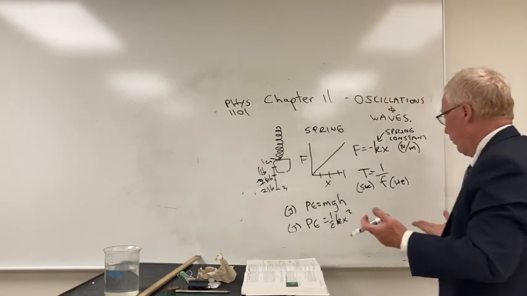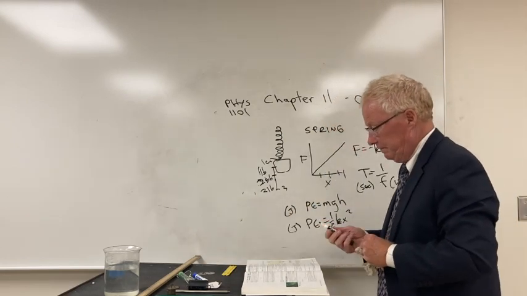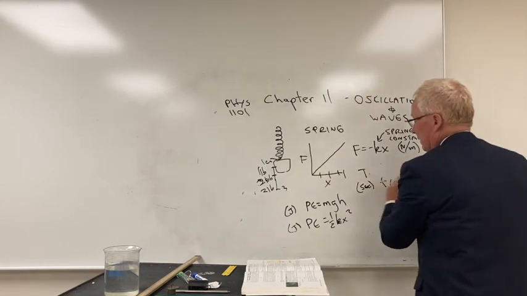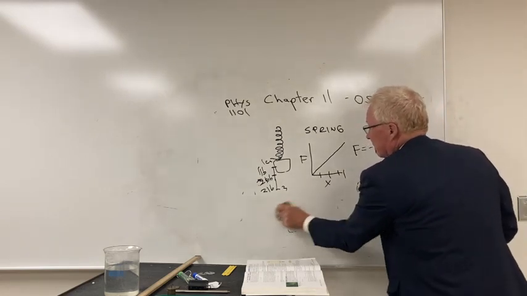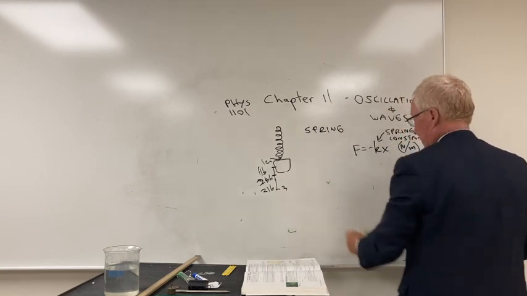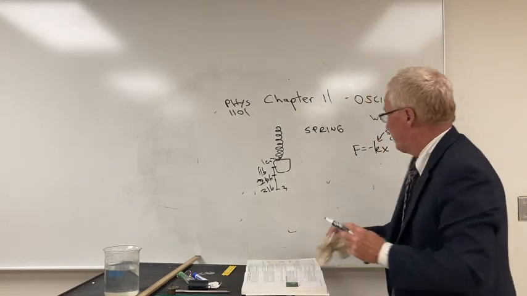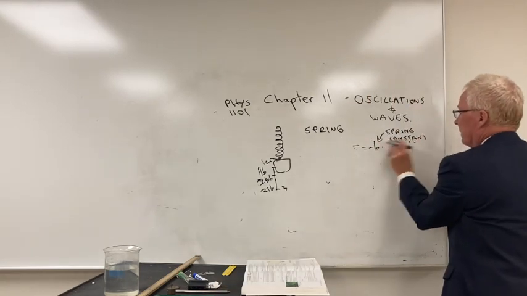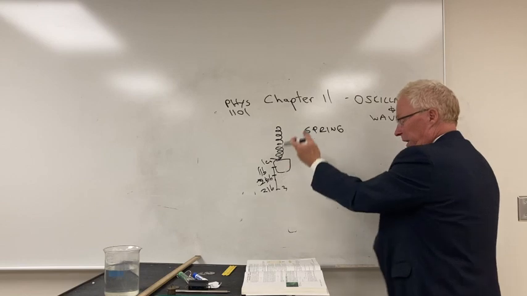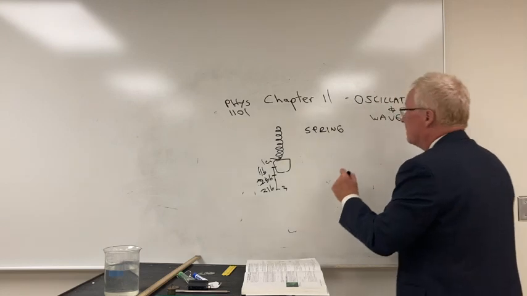So when we have a spring, right, and we talked about this a bit, the force is minus kx, or kx, and so that's the spring constant k. So when we have an oscillating spring, the period, if we actually look at the graph of this,